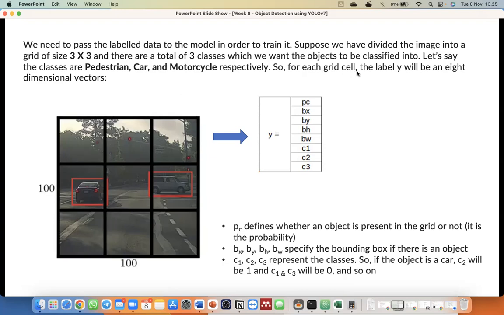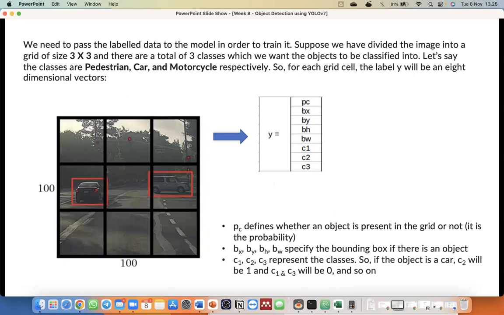So for each grid cell, the label Y will be an 8-dimensional vector. It's different from our image classification algorithm, where we only have one Y, right? The output of the image classification algorithm is only one label itself.